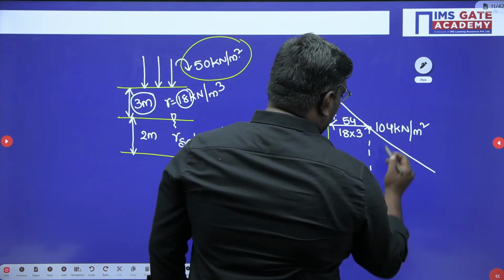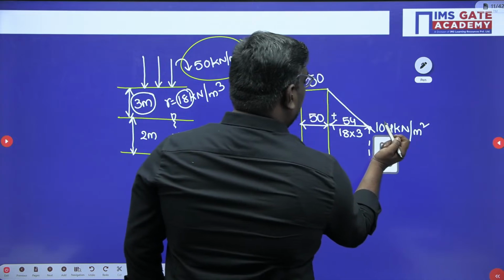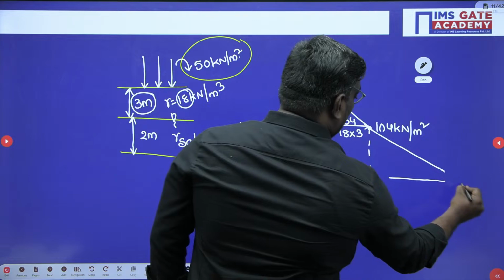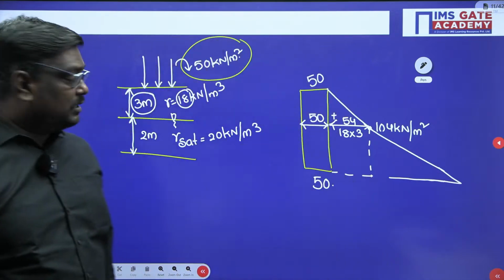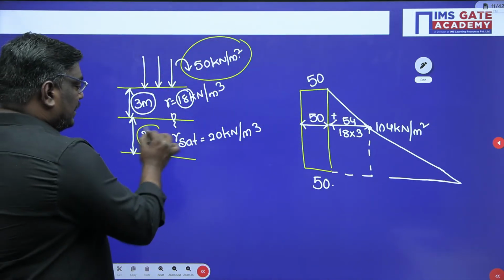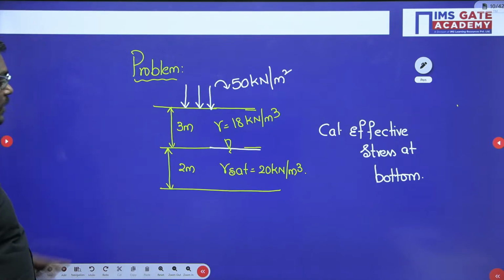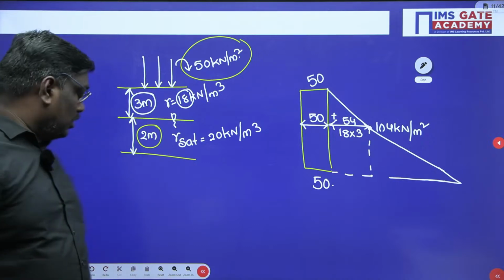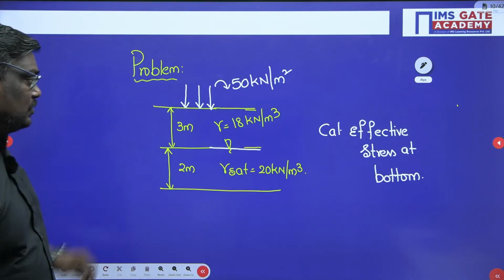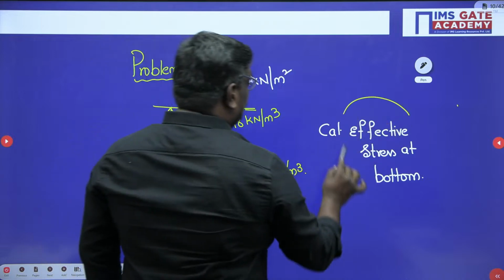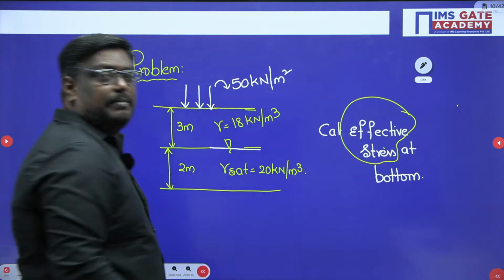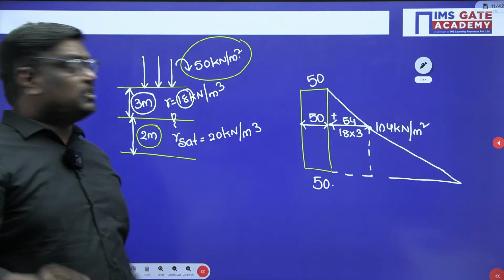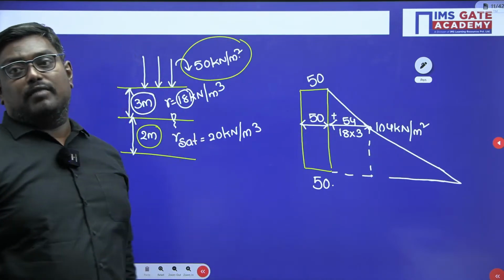Now what is being asked? The stress at bottom, right? Now what is this, sir? 2 meter, right? If you talk about 144, then it is absolutely wrong because I have asked for the effective stress, not the total stress. Arvind, please check it. Here I am asking you the effective stress. If it is total stress, I totally agree, you will get 144.